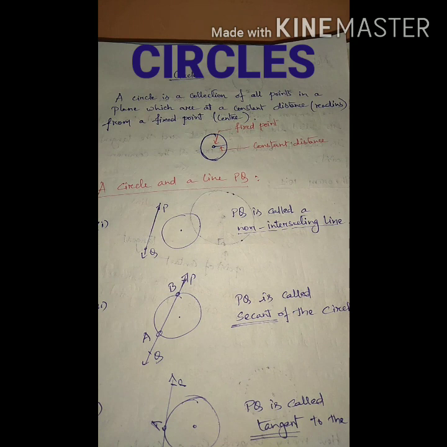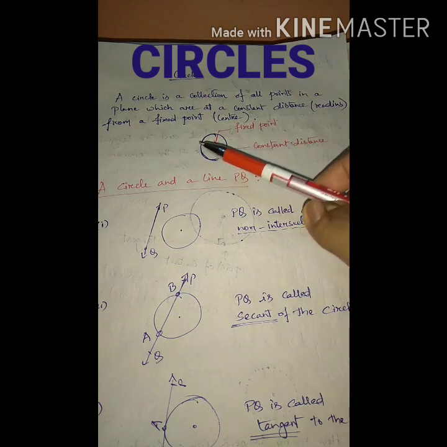Already in class 9 we discussed the definition of a circle. So we repeat this again here. A circle is a collection of all points in a plane which are at a constant distance from a fixed point. As you see, the diagram is given. You see this one is a circle. So the fixed point